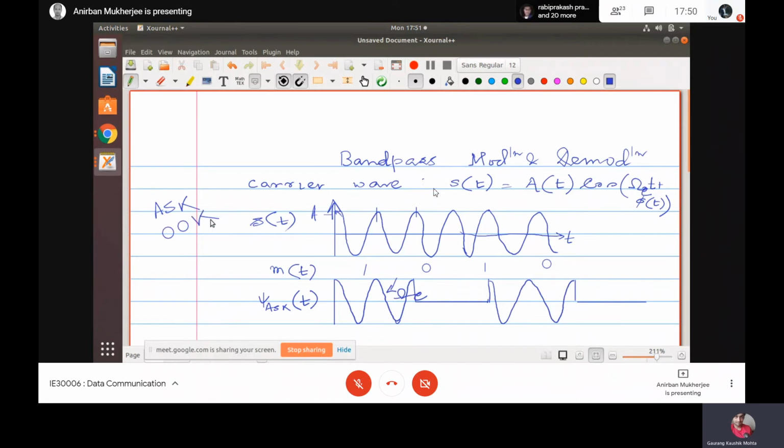Now sometimes we talk about phase shift. What is my phase shift key? Basically there are three things, ASK, PSK and FSK. Now in PSK,